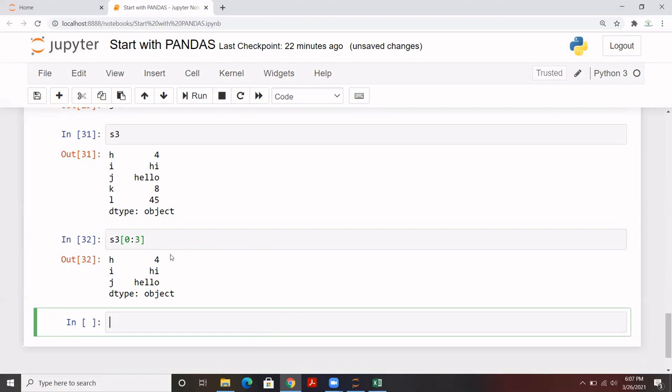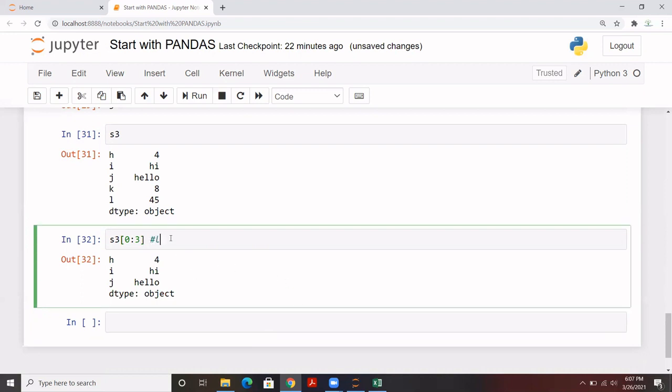0, 1, 2. Here, the last range is excluded in position based indexing. Let me make this clear once again. When we are doing indexing on a range, let's say we want to extract a particular part from a series which starts from one point and goes to the second point, let's say it starts from 0 and goes till 3. The last range is excluded in this part, so it will go from 0 till 2. So 0, 1, 2. And we see that this is index 0, this is index 1, and this is index 2.